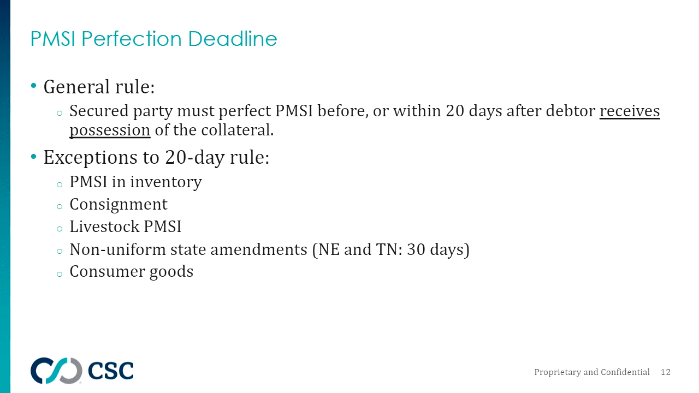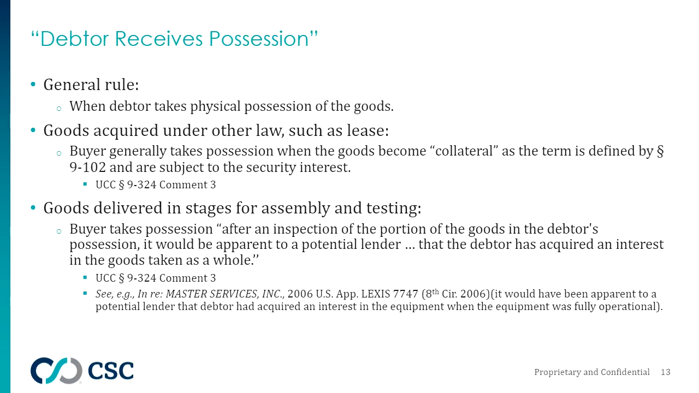Now, when does the debtor receive possession of the collateral? It's not always that cut and dried. The general rule is when the debtor takes physical possession, when the debtor shows up and picks up the goods they have acquired, or when the goods are delivered. But there are gray areas out there. For example,